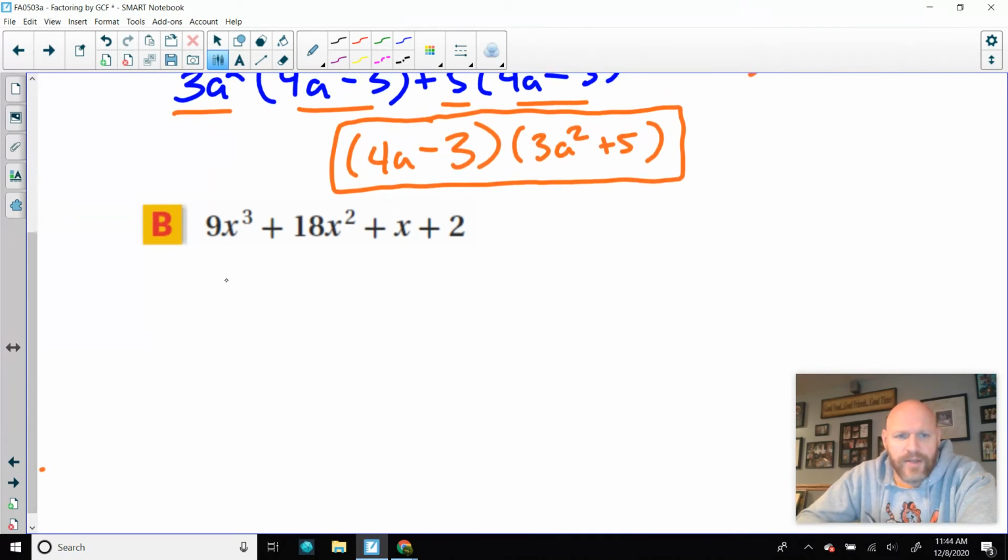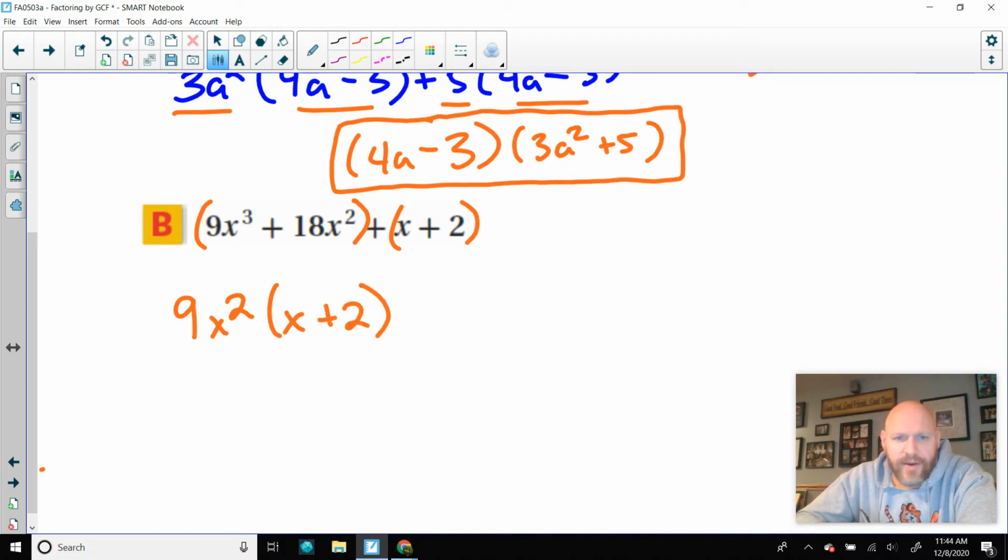All right, let's go ahead and do the next one. Once again, I'm going to start by putting parentheses around the front and then putting parentheses around the back. What number goes into these? A 9 goes into both of those. And if I have x cubed and x squared, I can pull an x squared out as well. So if I take 9 and x squared, I'm going to have an x left over. And if I take a 9 and I take both the x squares, I'm just going to have an x